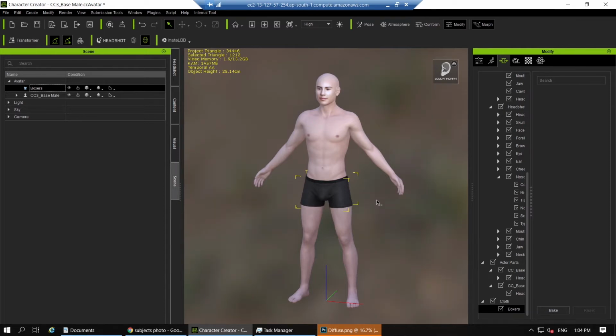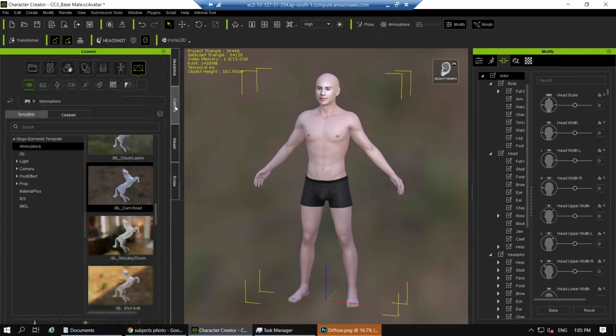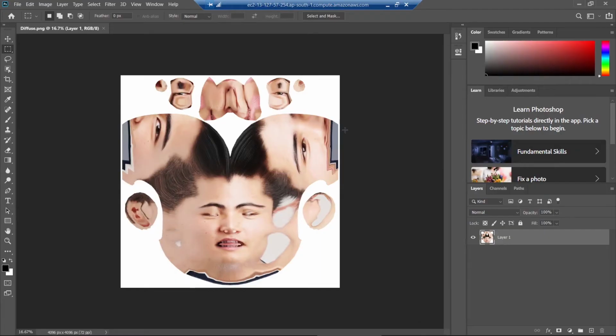So first of all, now. Okay, so this is done. I'm giving you the insight, and this is the main mesh of the body, and they are lighting, sky, cameras, and these are the content. So this Photoshop has opened here. Let me just go to Photoshop. So this is the material. This is the texture you are seeing here.